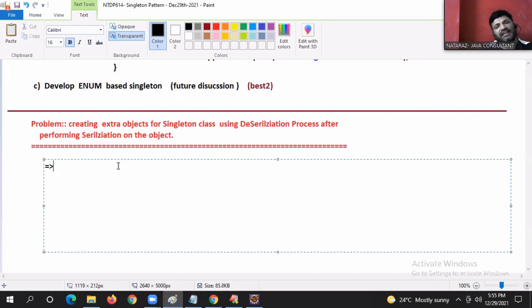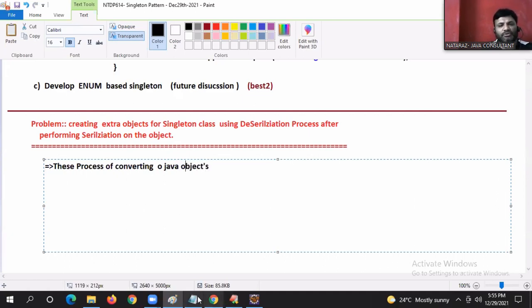Got the clarity? The process of converting Java objects data